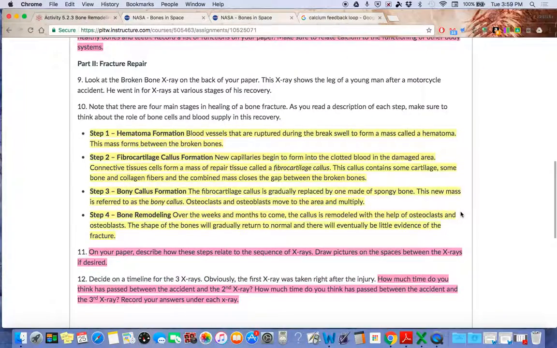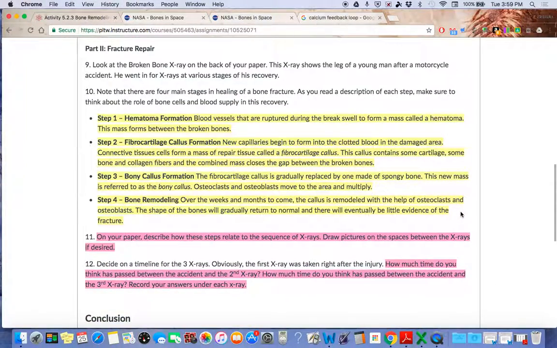Then part 2 is all about fracture repair. On the back of your paper there are 3 bones. The first one's obviously the date that the incident happened, and then there's 2 more where it has shown that they are remodeling. So here are the 4 stages of remodeling: hematoma formation, fibrocartilage, calculus formation, bony callus formation, and bone remodeling. So you're going to look at those, and you're going to draw some pictures in the spaces between